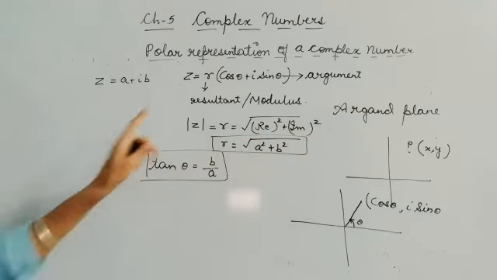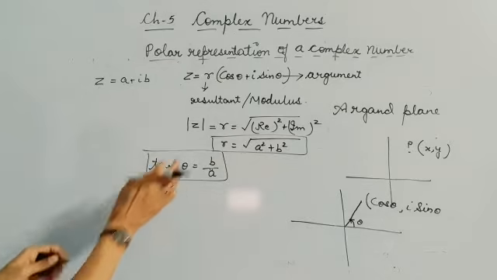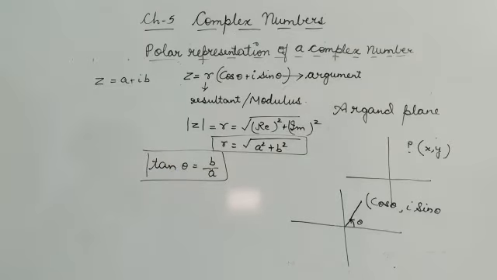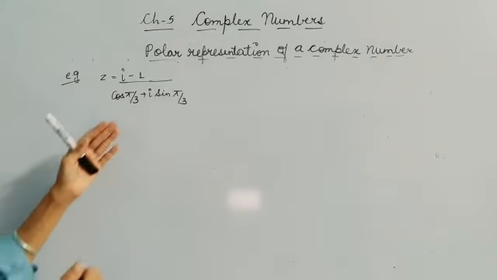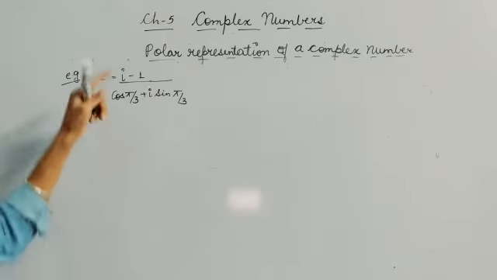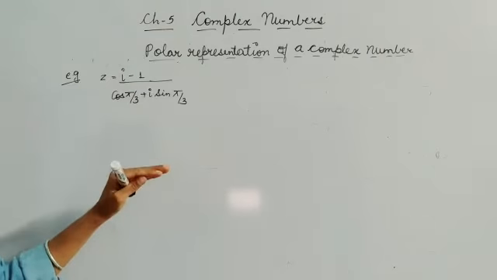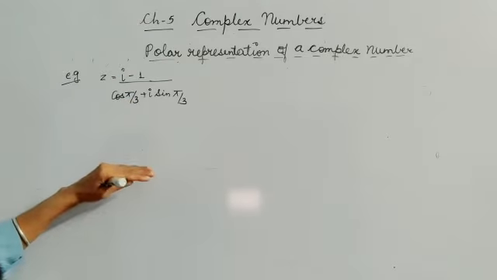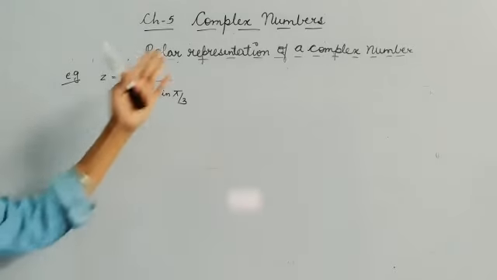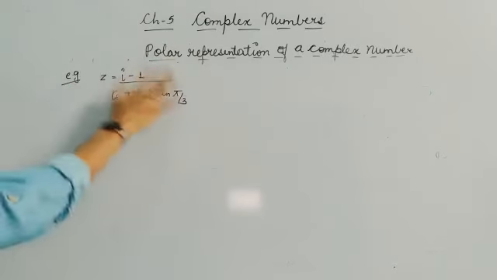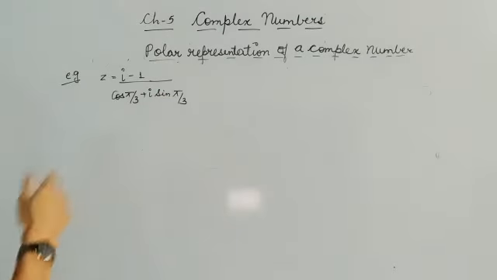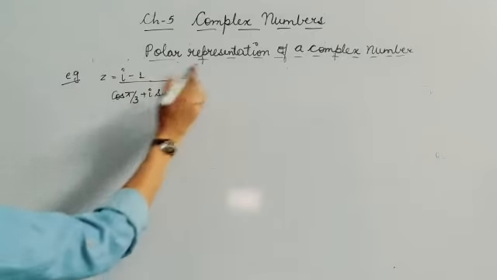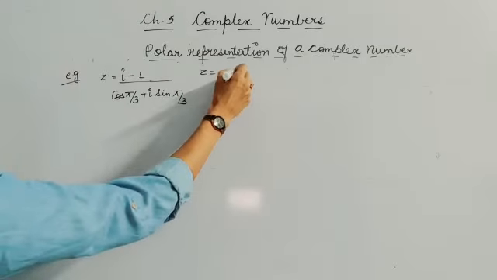this is the formula to find the value of r. Let's take an example and see how we can find the value of theta and r in the question. Children, deliberately I have taken this type of question so that I can tell you how I can simplify to get it in z equal to a plus iota b form, and then how can I convert this complex number into its polar form. So first of all, if your question is given like this, it is in unsimplified form. So first of all, I will be changing this given question into a plus iota b form.